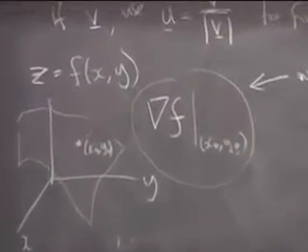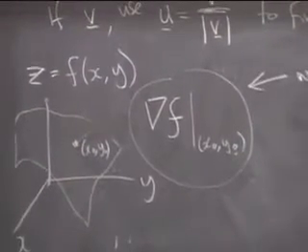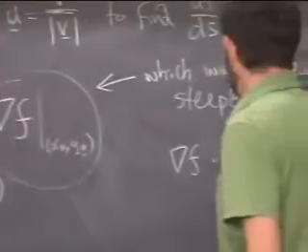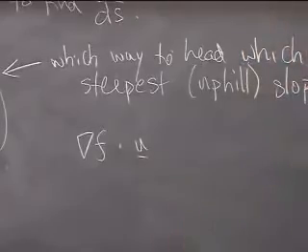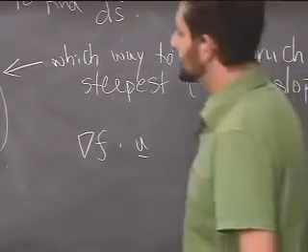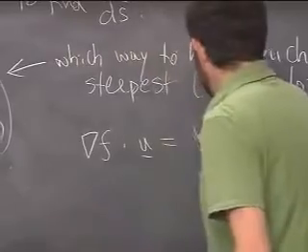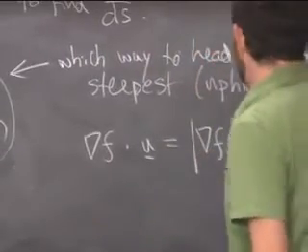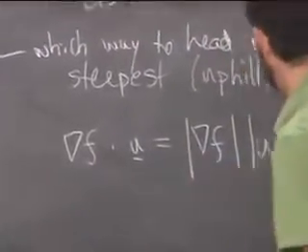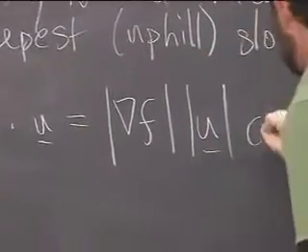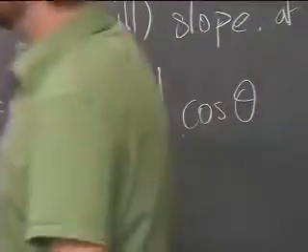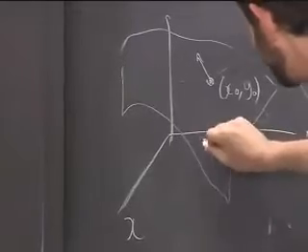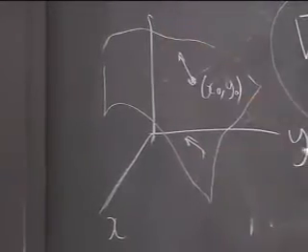Now, why is it so? Well, it's because of the dot product. If you consider df dot u, this is the directional derivative along some unit normal. So suppose that we understand this as the size of grad f, the size of del f, times u, times the cosine of theta, the angle between them. So if I'm going to walk this direction, so that's sort of this heading here, if I'm going to walk this way here,